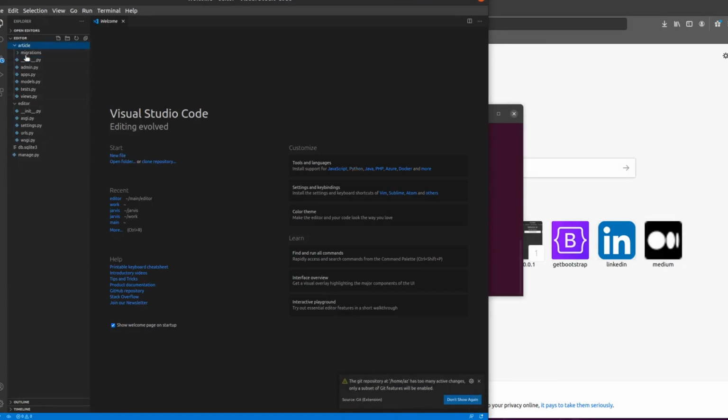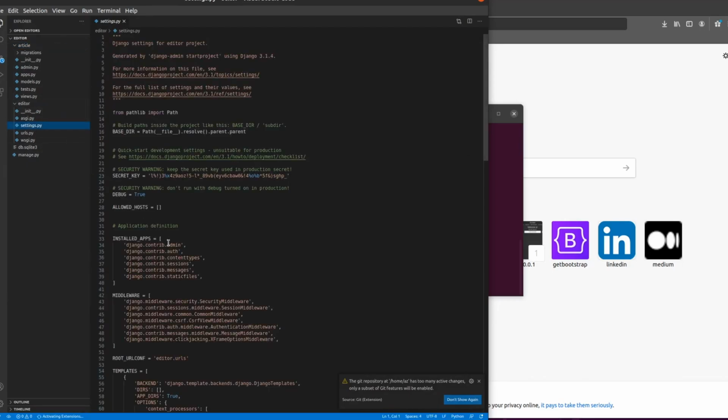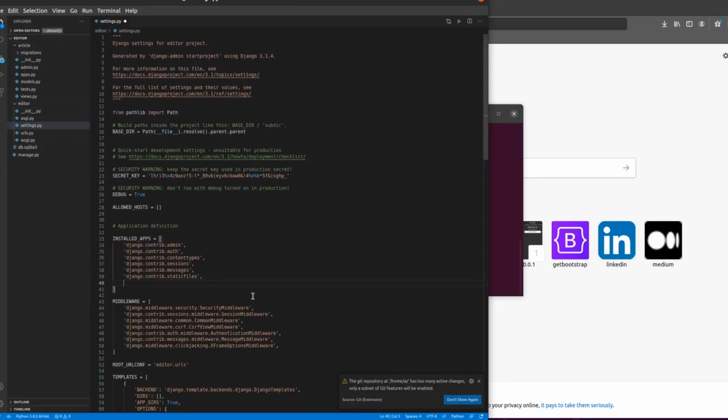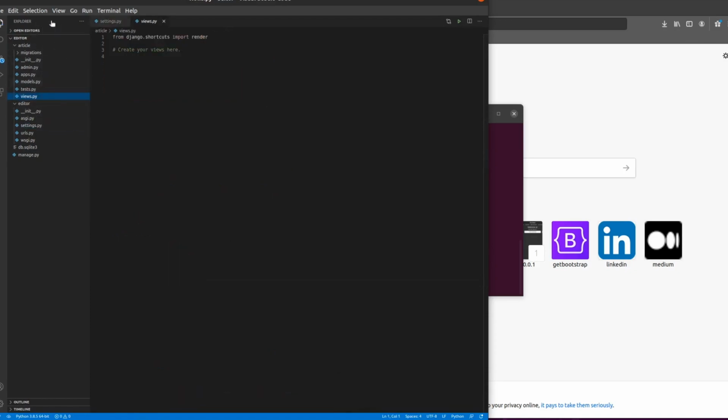Great. Now we have our basic Django structure. We need to go into the settings of our project, and we need to tell it that we've created an app. As you can see here, installed apps, article. Great. Now we need to go to